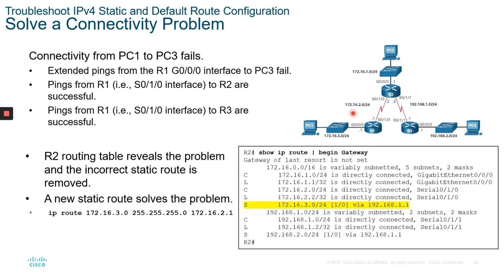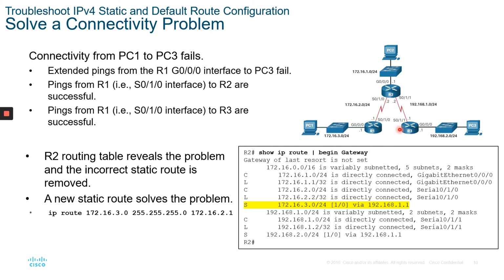You can only reach this network via this interface. So this is where the problem was. When you try to ping, let's say, the message from PC3 from R1, the message was going to R2. R2 was delivering to our PC3, but it was not able to get the reply back,